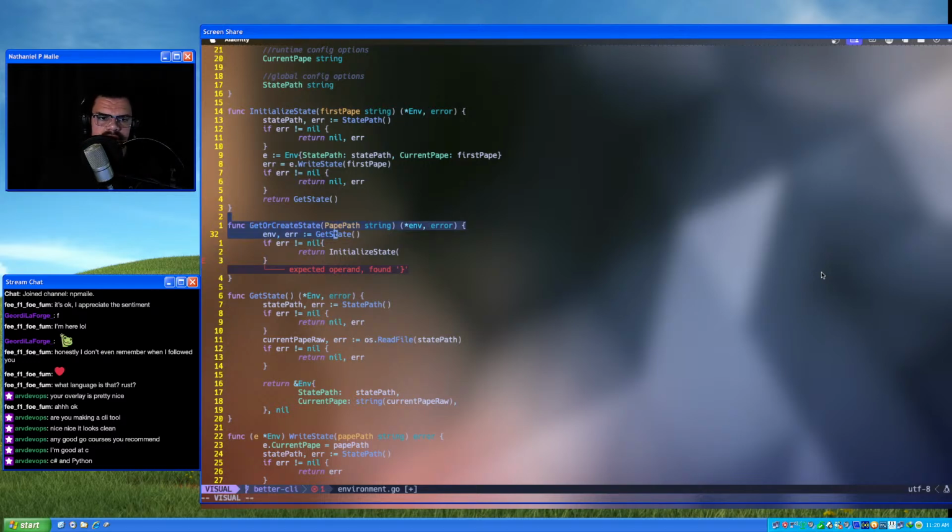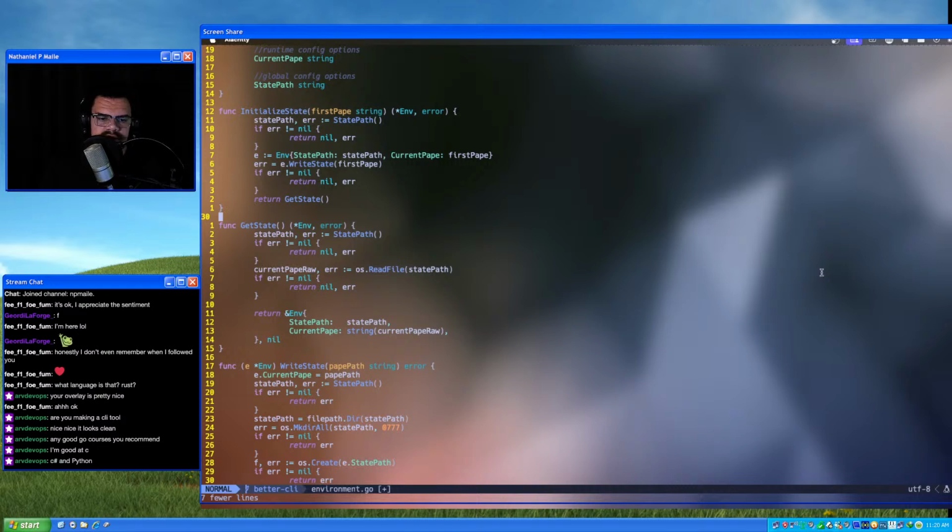Actually, no, we don't have to do that. We can just initialize the state on its own. Of course. Because it takes in the first page, and then it writes it, and then reads it, which might be a little slow, but frankly, it's not going to be a problem.